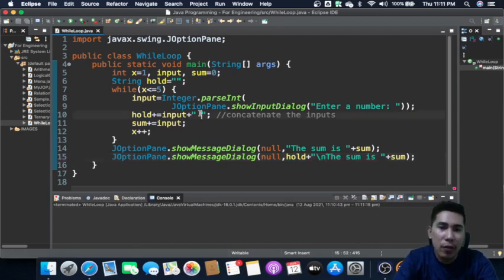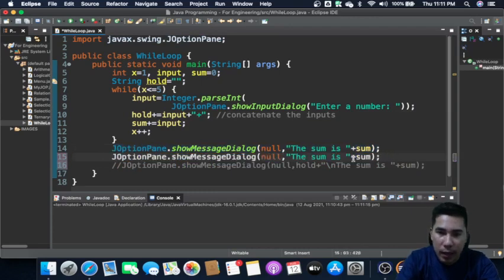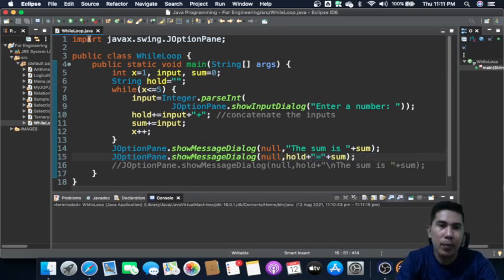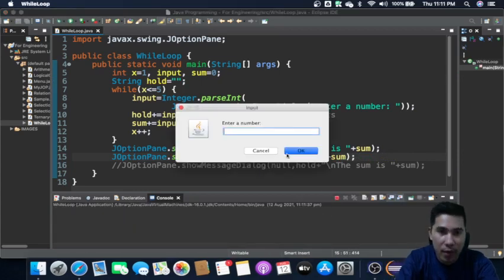You can also have a plus sign, and then instead of having this one, you can have hold equals something like sum. So let's run the program.